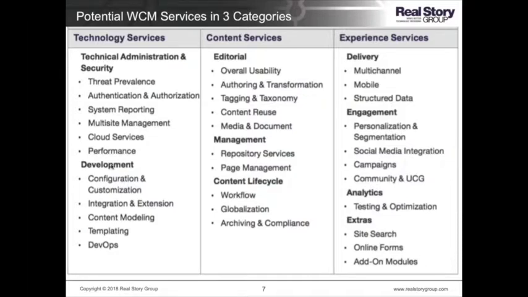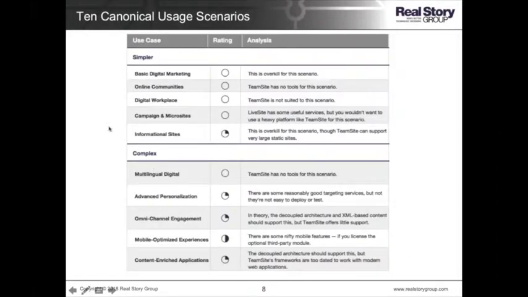You really don't want to be leaning on just doing feature analyses and feature checklists. A lot of consultancies and analyst firms do this, and it's totally the wrong approach, because it doesn't tell you what's actually going to be the right fit for you. And in fact, many of these features you may not necessarily even need, or you may not even want from a WCM. What you really want to do is look at usage scenarios. So this is what we do in terms of use cases, and this is the key to all of the tools that we provide our subscribers for evaluating these vendors: to look at, okay, here are 10 canonical types of digital properties or experiences we're trying to